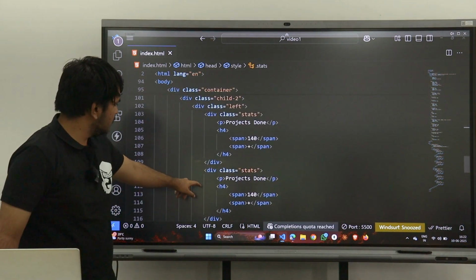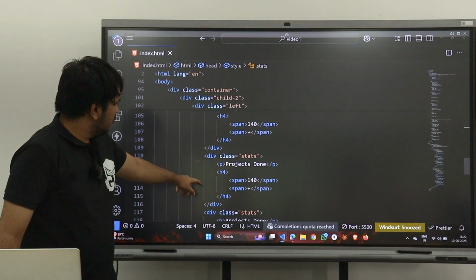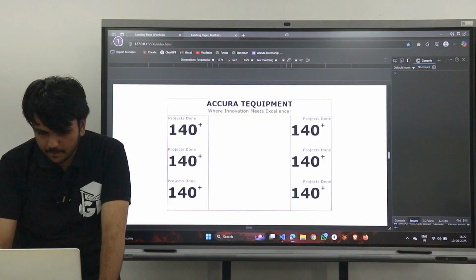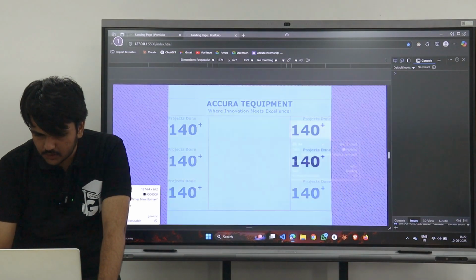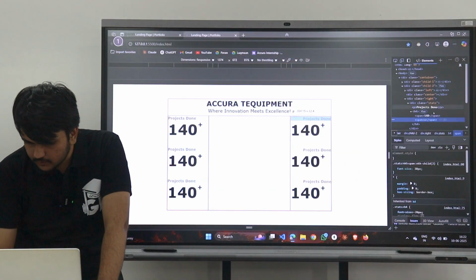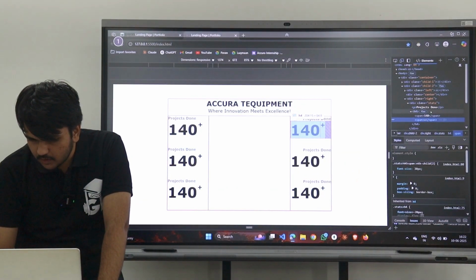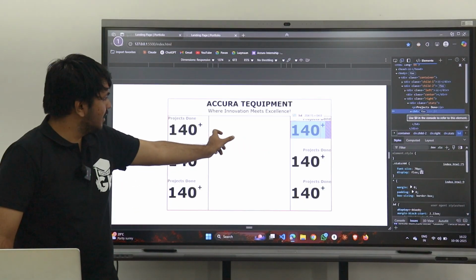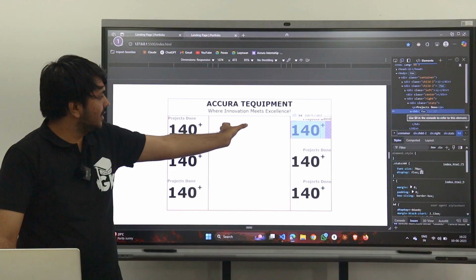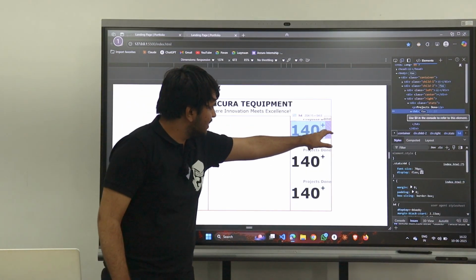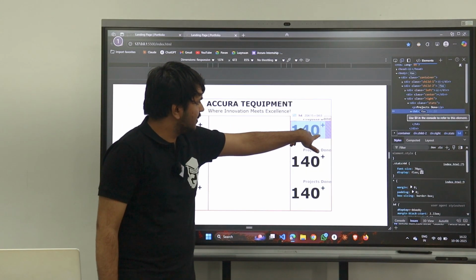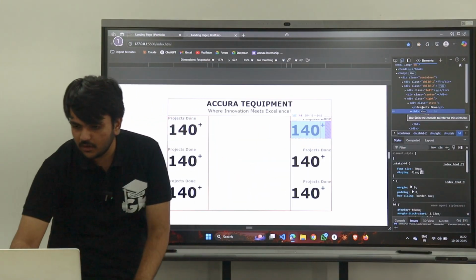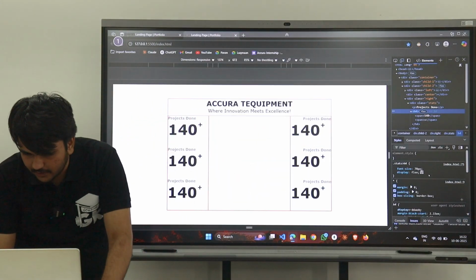So the main wrapper is, okay, this is just a flex container, but this h4 tag has not taken the full viewport. Here's an empty space, so you have to give the width as full for this container. I'll target this and give it as